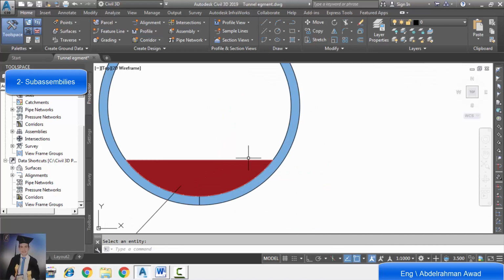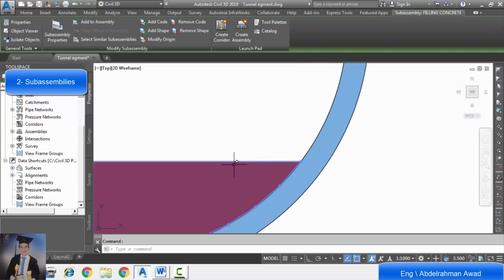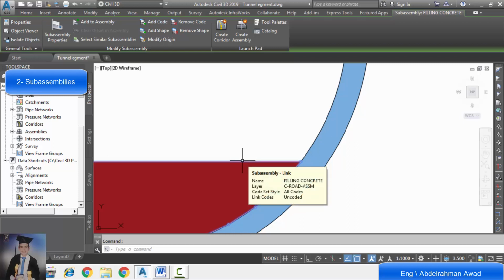Now the filling concrete polyline is transformed to sub-assembly. As you see, we transform a polyline to sub-assembly as shown for filling concrete.